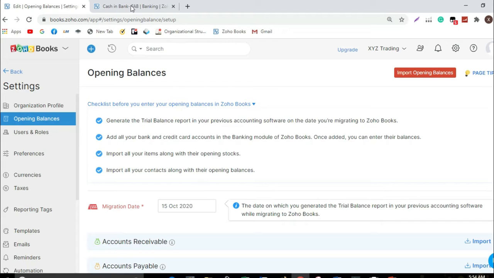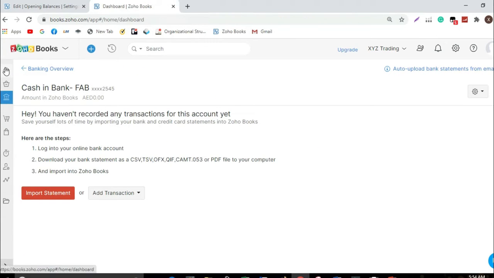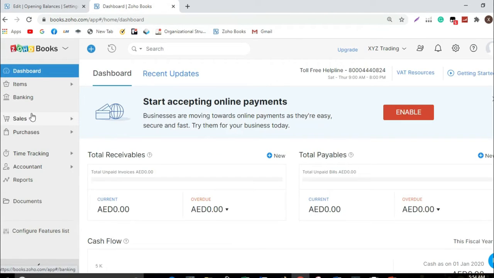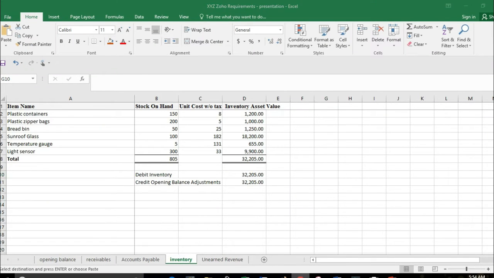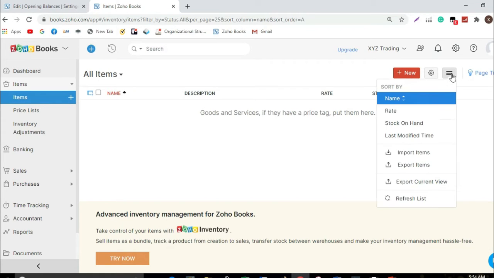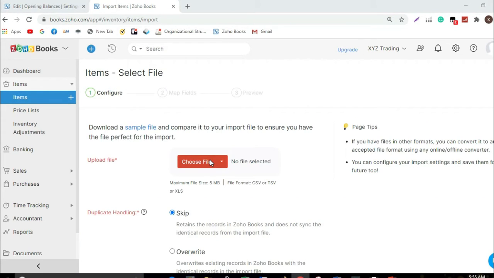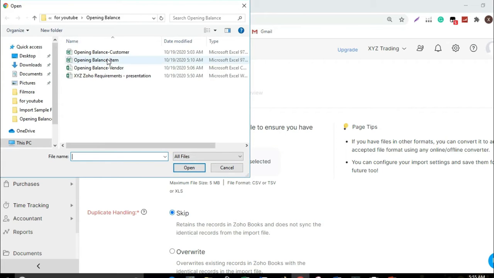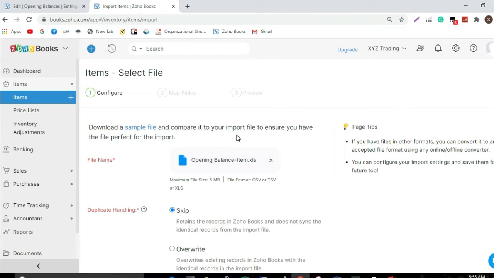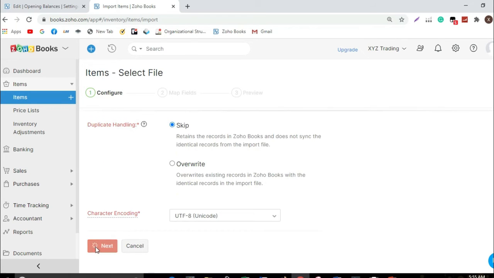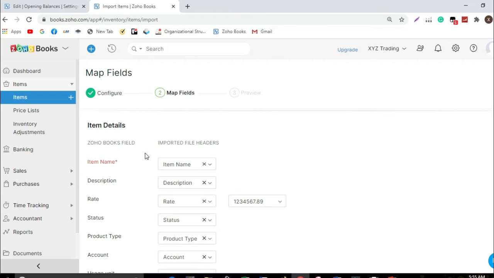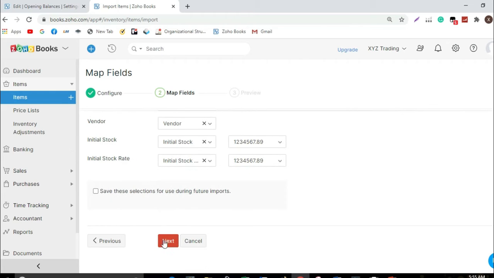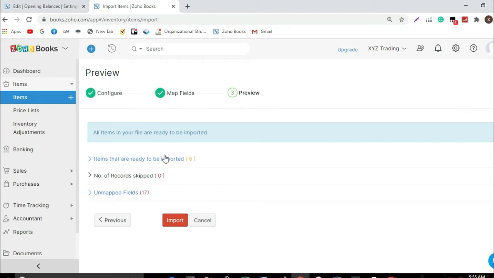Next, we must add the items under inventory. Since we have discussed how to import items, the file is ready for import. Remember the Zoho fields, they're very important because they represent the columns mentioned in the sample file.